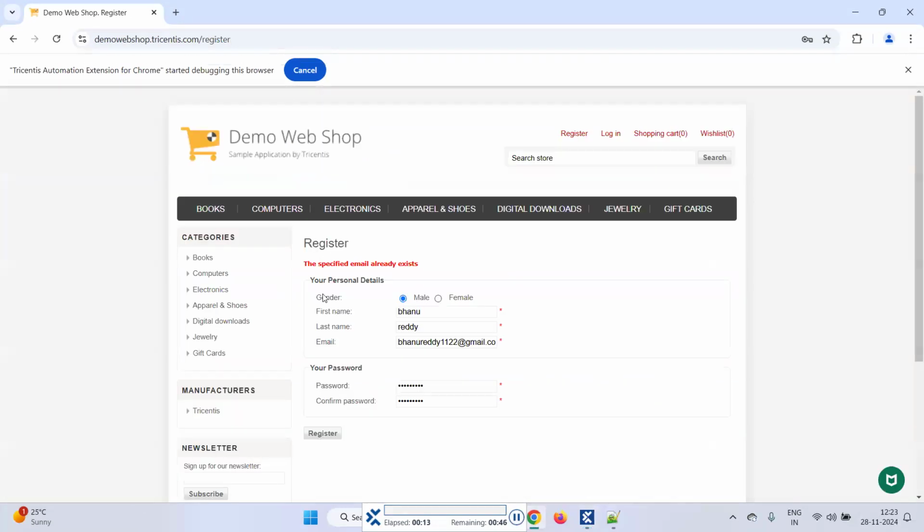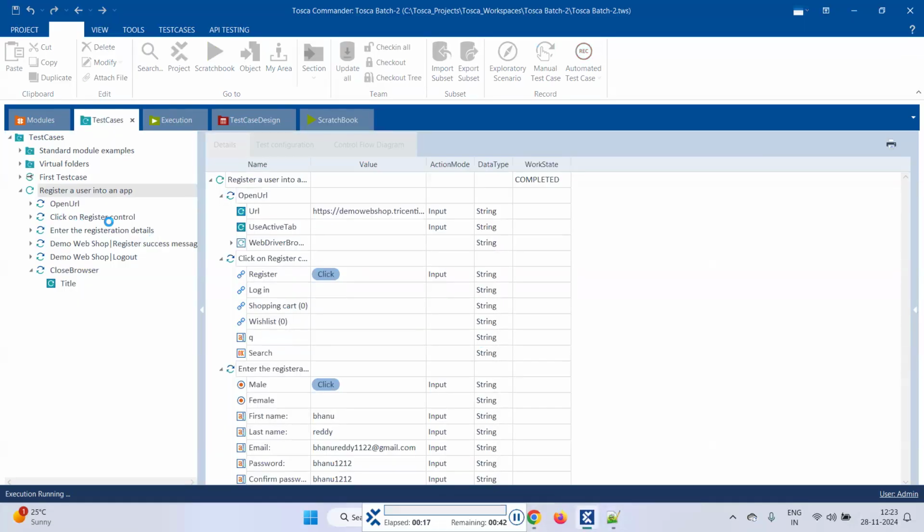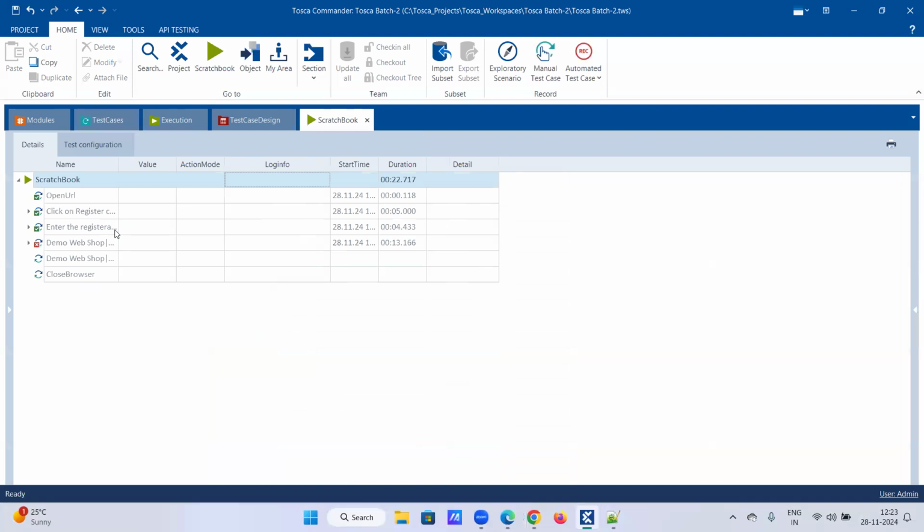Sorry. Here I need to change the registration details because they already exist, right? If I run this test case again, it will fail. Why? Because